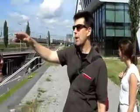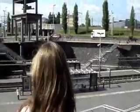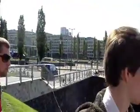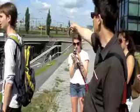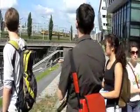The automobile level, which then drops down into a tunnel there that goes across out toward the ring road and IJburg and the beach that Clifford just talked about. The tram line that drops under here, that's the low tram line that we're going to go down and get on to the Central Station, a high tram line. The rail line, just beyond that is water. You really get this very...